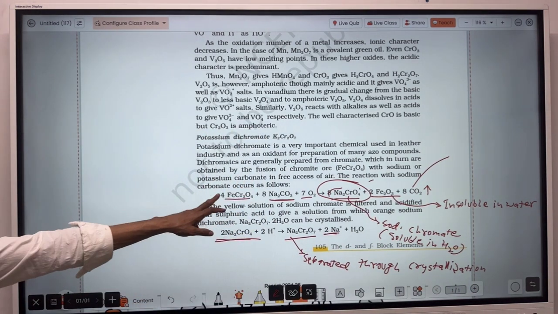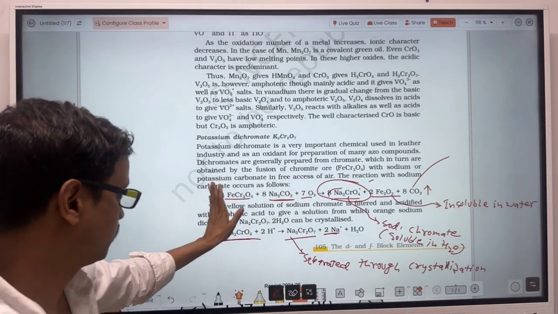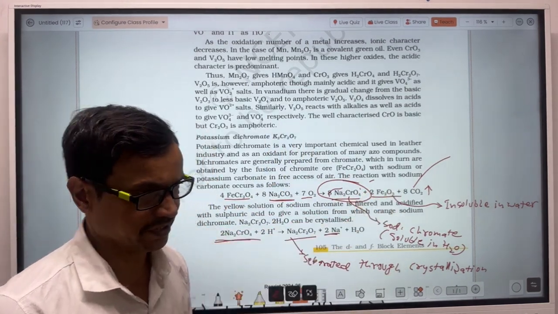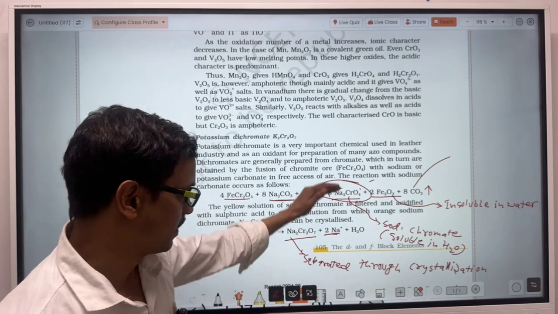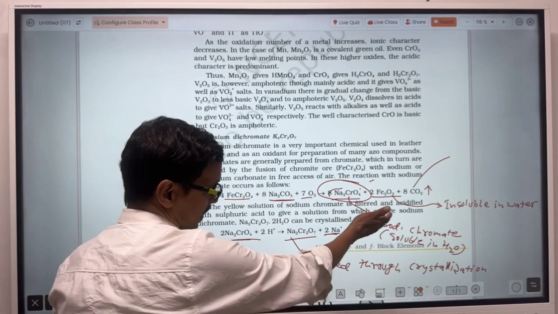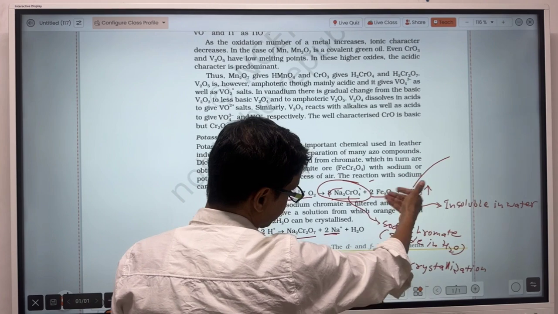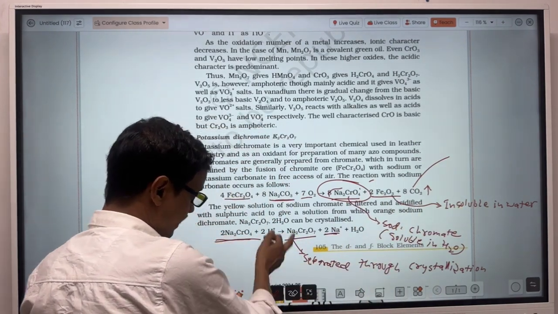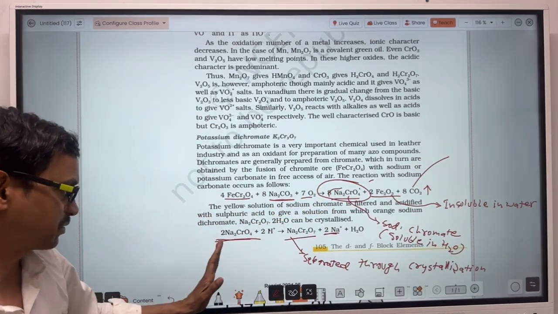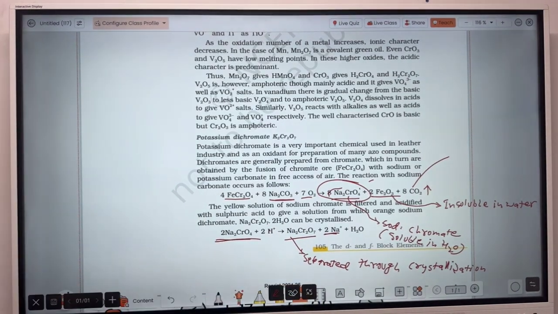Firstly, the chrome iron or ferrochrome reacts with sodium carbonate in the presence of oxygen. Due to this reaction, there will be formation of sodium chromate and Fe2O3, of which Fe2O3 is insoluble in water and sodium chromate is soluble in water. So Fe2O3, that is ferric oxide, will be filtered out, and in the solution, acid will then be passed. When acid is passed through this sodium chromate, there will be formation of sodium dichromate,